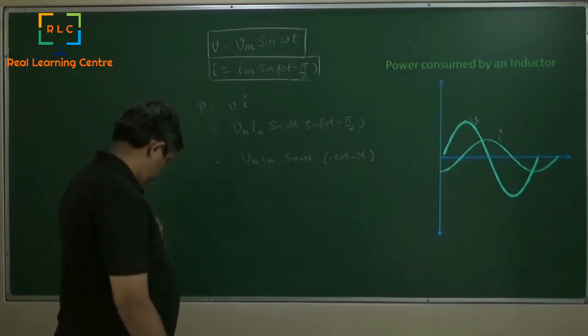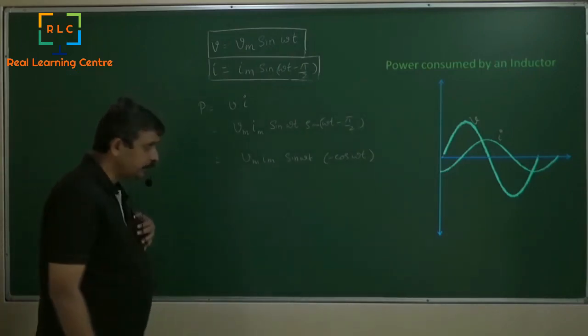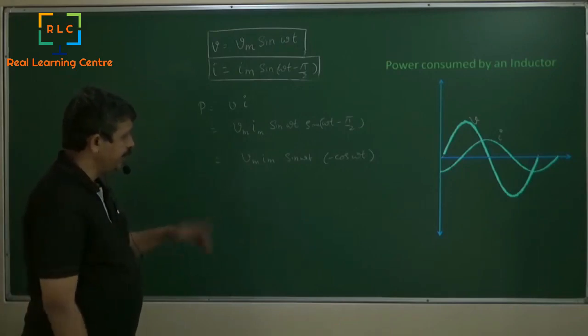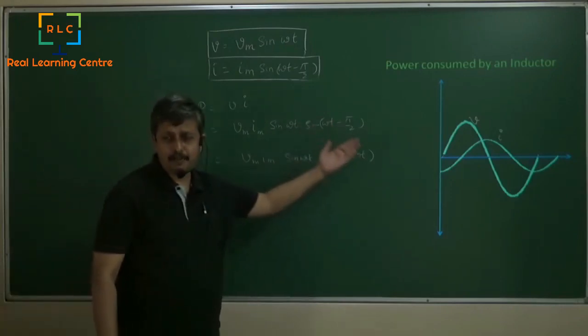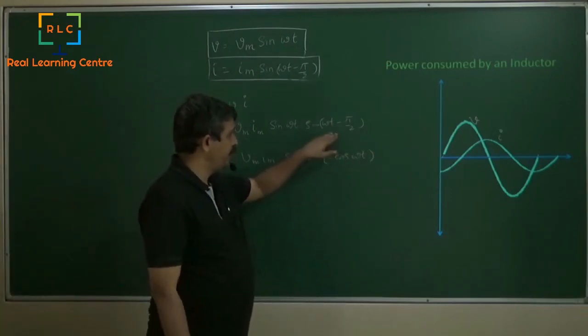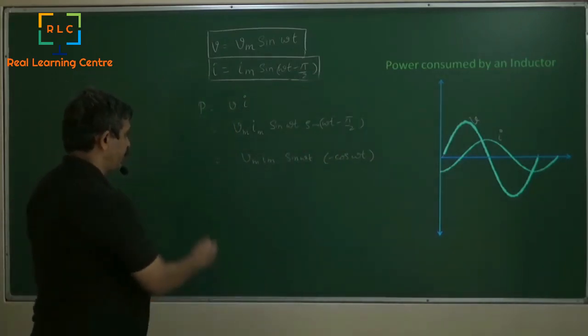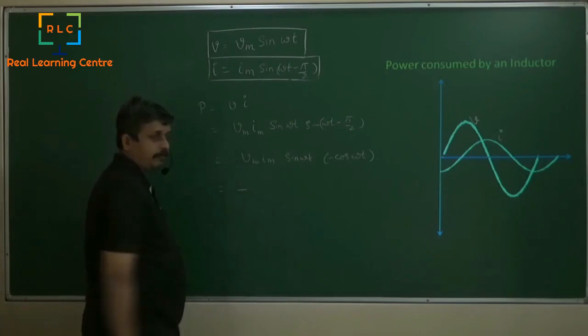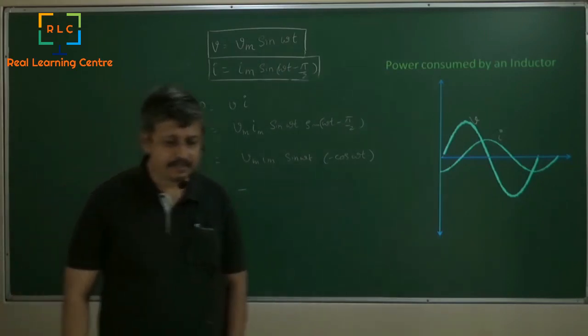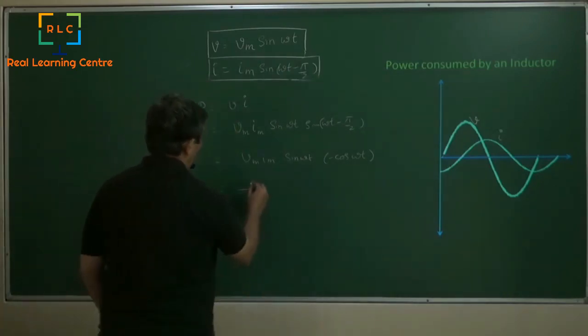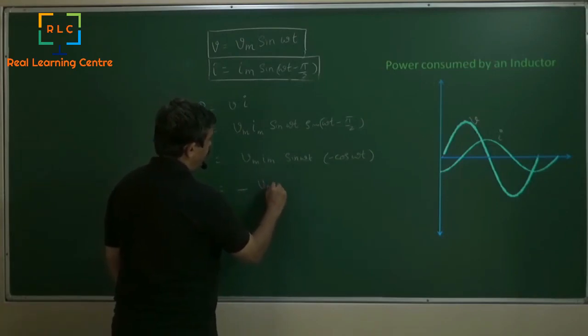This is exactly what we did earlier, in the opposite way; earlier we got minus cos omega t and wrote it as sin(omega t minus pi by 2). So we can write this as minus Vm Im by 2,